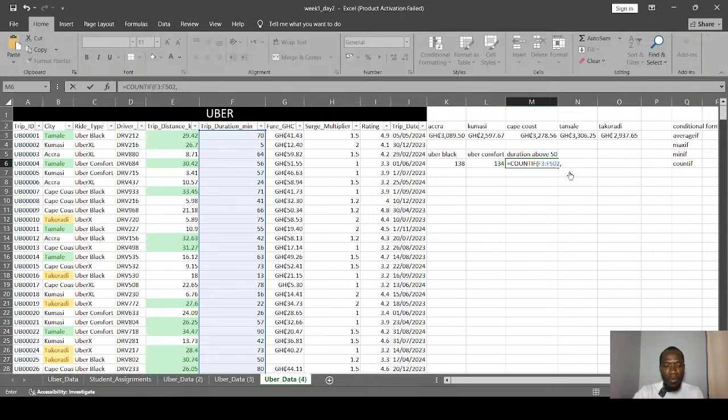So if you don't want it to get confused, just put the whole formula in quotation marks. So greater than, and then you put the 50, then close the quotation mark, right? So it's going to read it like a text, but it will execute it like a mathematical formula, okay? We close the brackets to tell it that we are finished writing our function or our formula. When we press the enter key, it will do the calculation for us, okay?